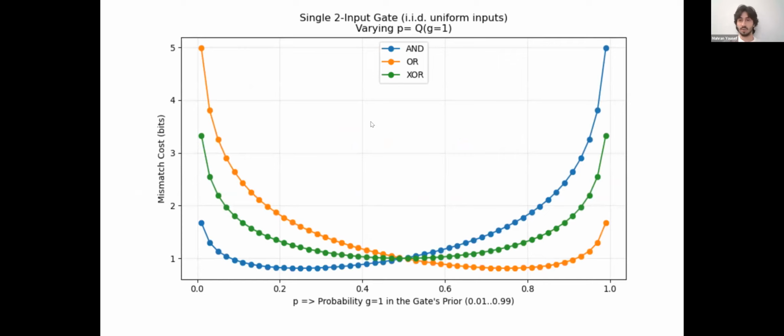Here, if this is the way, we can see that we plot that equation for a few types of gates like AND and OR and XOR. We have IID inputs, and here we vary the prior of the gate. So on the x-axis, we have the probability that the gate is in state 1. So as we see here, for example, for an AND gate, the cost would be extremely high